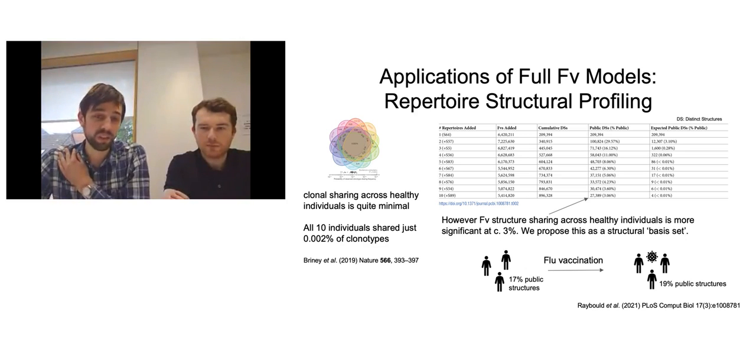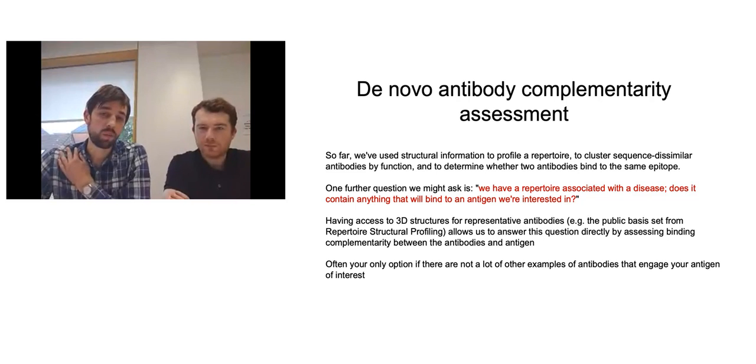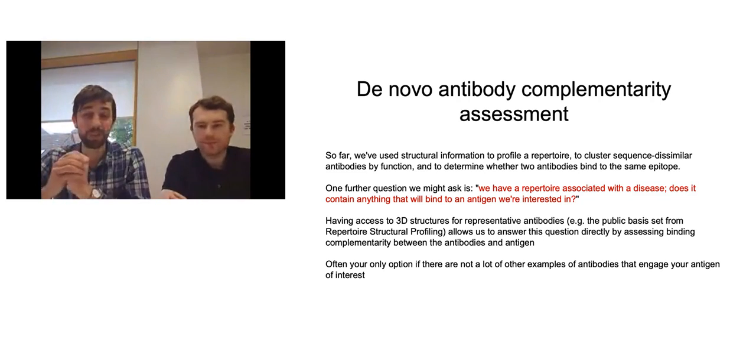And then finally, Fergus will wrap this presentation up with an idea of, say we have an antigen in mind, but we don't have a lot of examples of antibodies that actually bind to it, so clustering so much isn't an option. We might have to think about this in a different sense. This is very early stage work, but we're thinking in this area, and Fergus will walk us through how we're thinking about it.